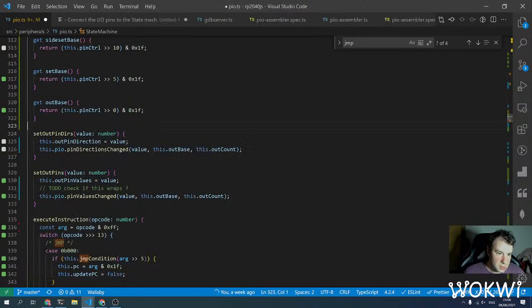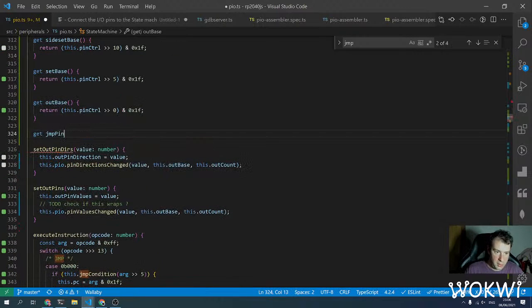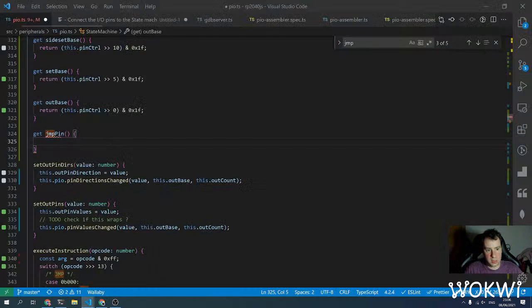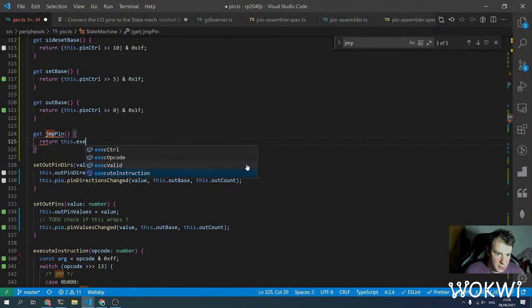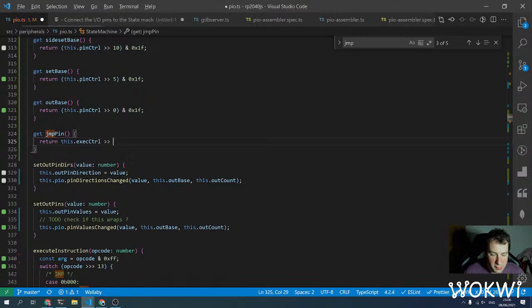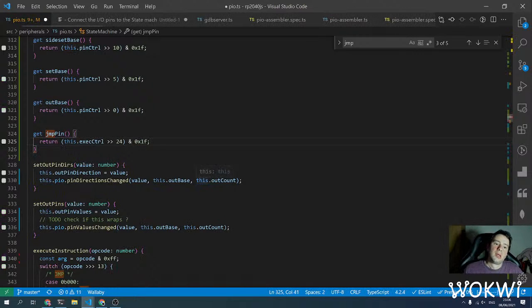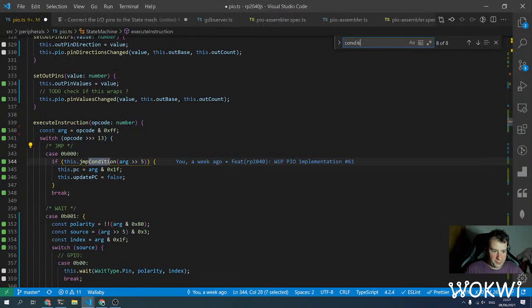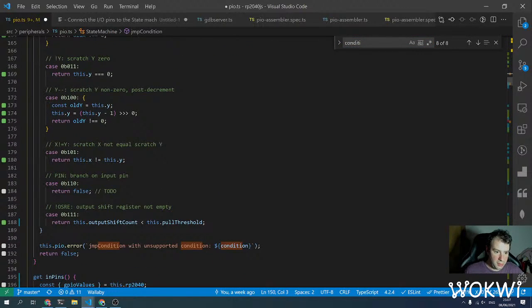Yeah, we have all those getters. Let's add get JMP pin, and this returns this dot exec control shifted by 24, and that's I think 5 bits, which makes sense because it's a pin number. Right, and then JMP condition jump, and then if it's a pin, then we just need to check